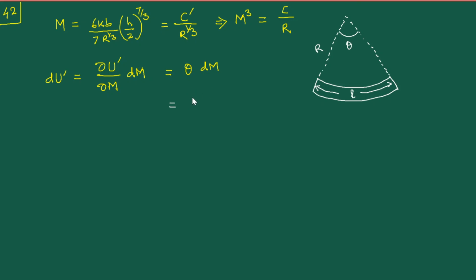Let me write that in yellow. It will be given by L by R. Please note that I am only and only appealing to the geometry here. Okay, so you know that L is equal to R theta, so that's what I'm using here. Okay, now